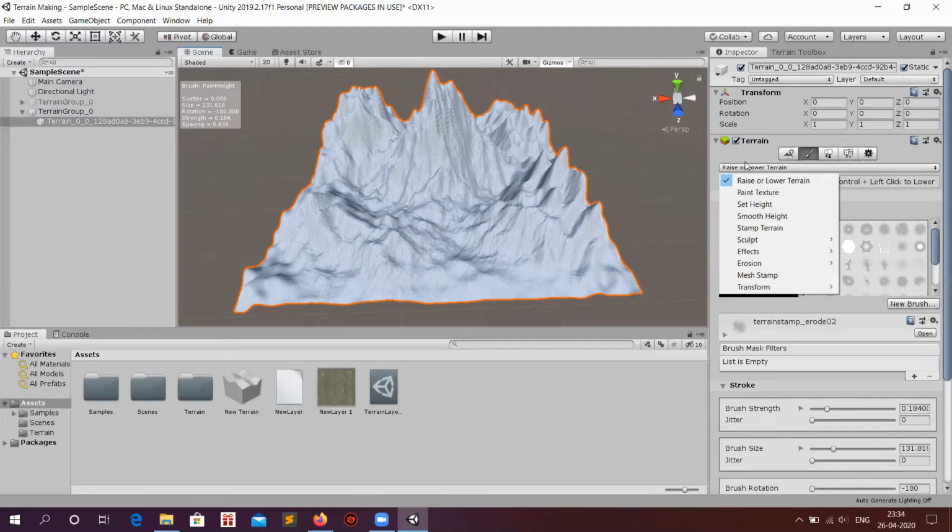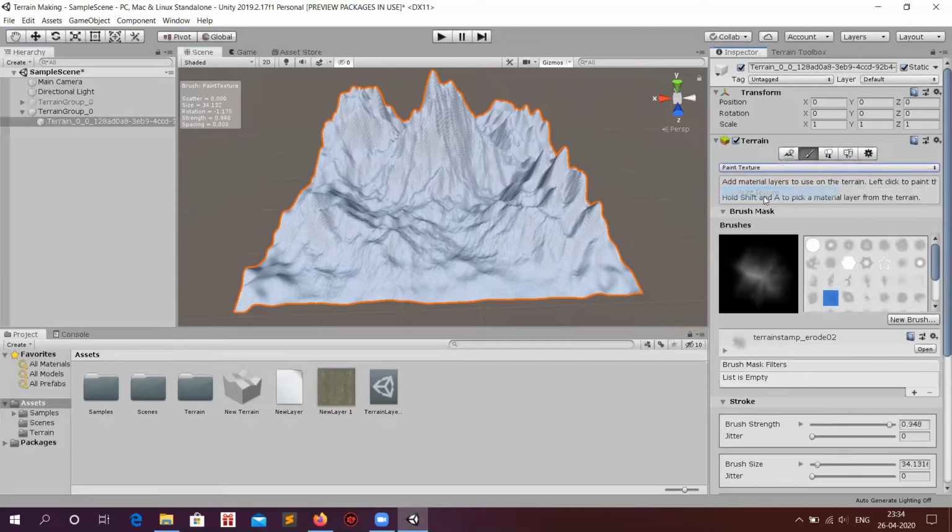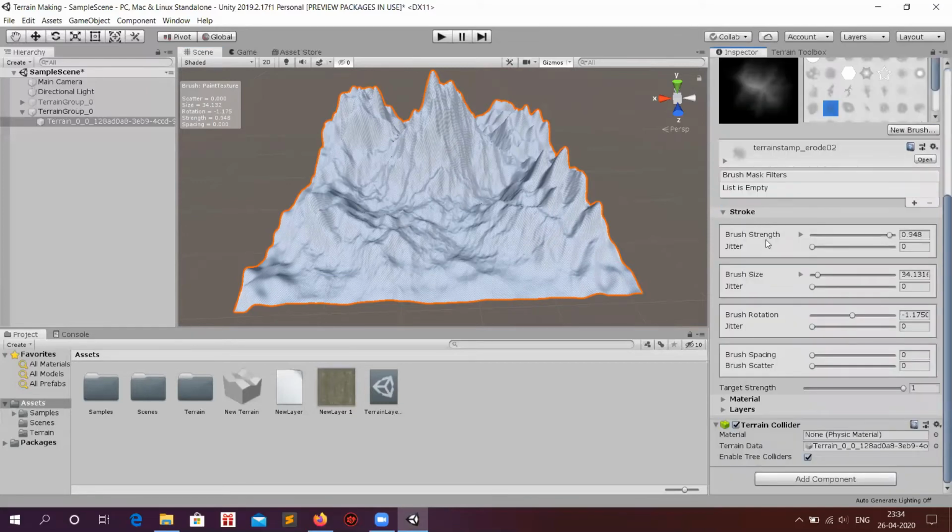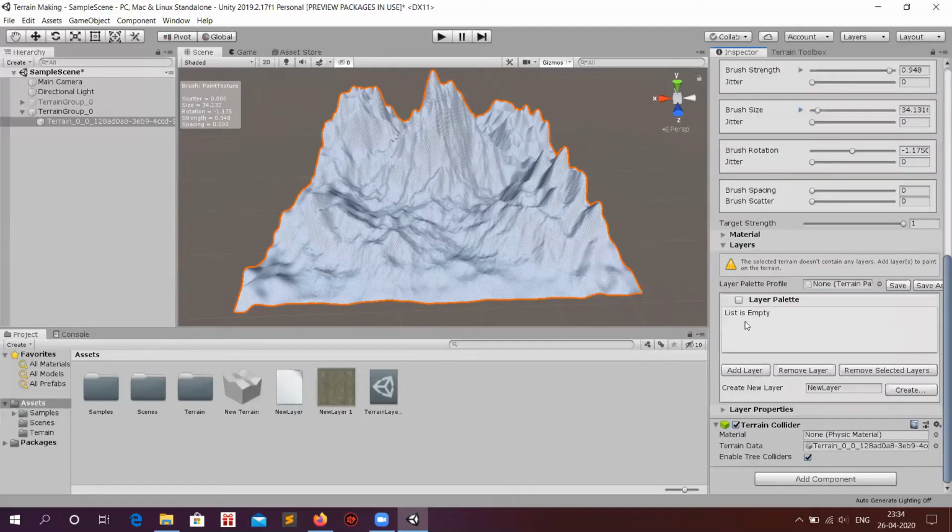After creating the terrain to your own satisfaction, now we need to paint it, right? So now we go to paint texture. In the paint texture, we see two more options, that is the material and the layer. Material we will not be touching much, okay? We will be touching only the layers.